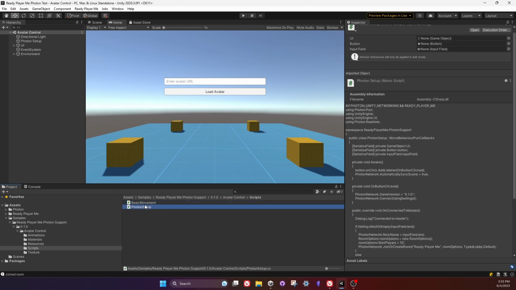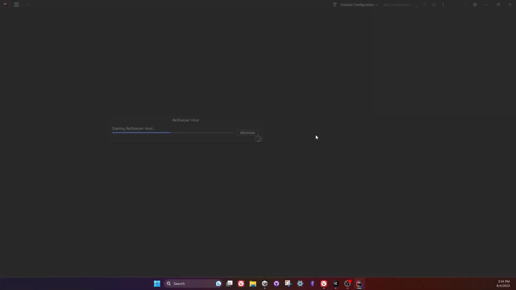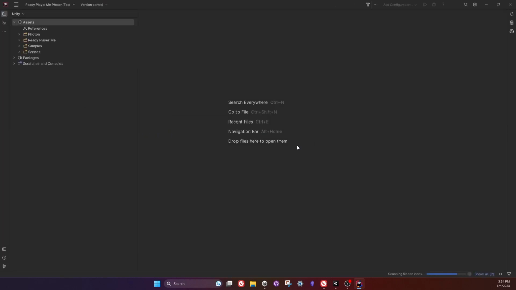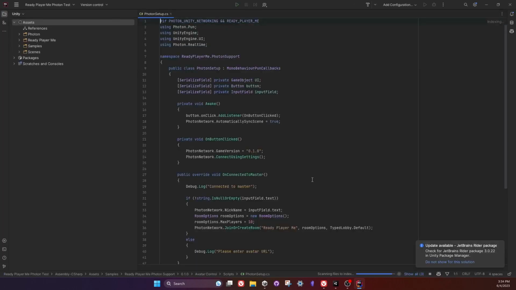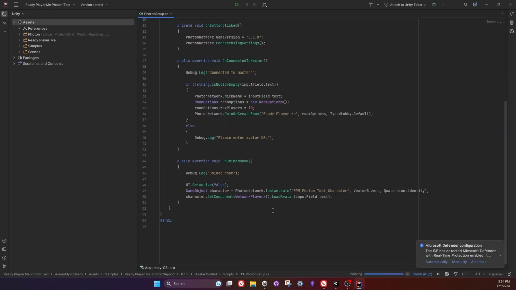If you haven't used Photon before, this part might be a bit confusing, but if you know what Photon is and how it works, but wonder how ReadyPlayer avatars could work with it, this is the right place for you. I'll try to explain as clearly as possible so people who do not know how Photon works can get an idea of it, and we can make this work. So I'm going to move right here and try to explain the code to you. First of all, I will just go down to the bottom, on the joined function,